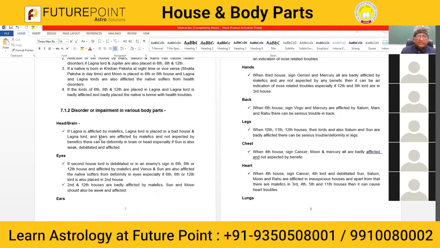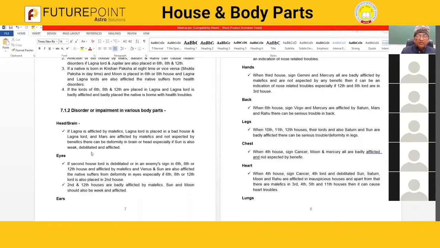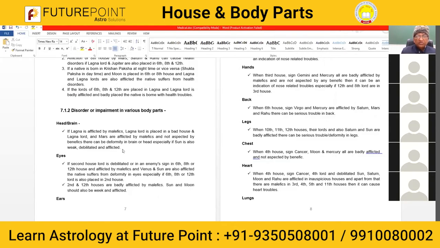Okay? And Mars, and also now Lagna also represents our neck, and it also represents the anus. So it represents three things. Now, what part is going to be afflicted? So we have to see the planet also which is afflicted. So if Mars is afflicted or Sun is afflicted, then we can say that the brain is afflicted.